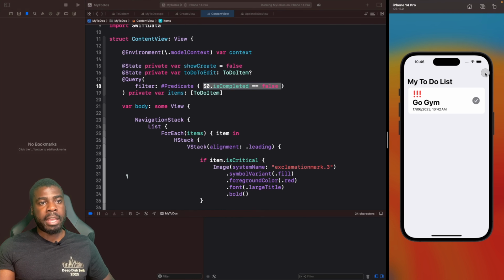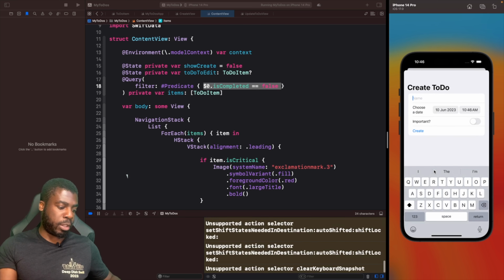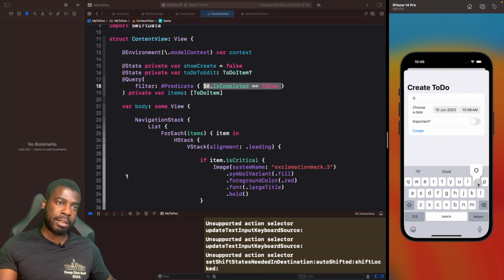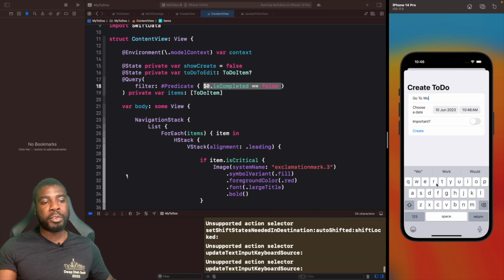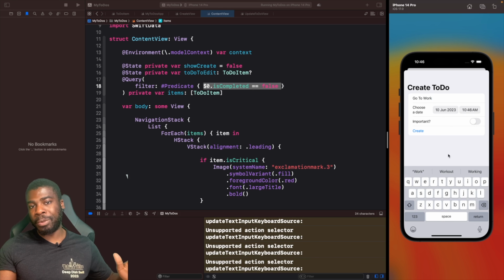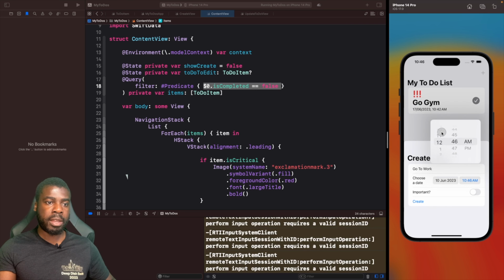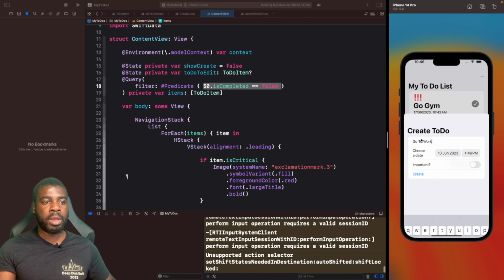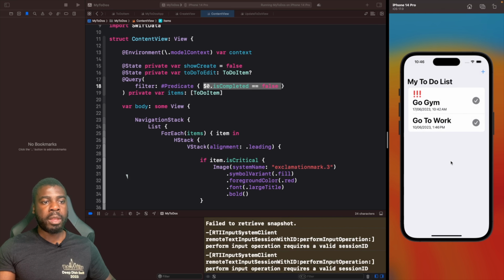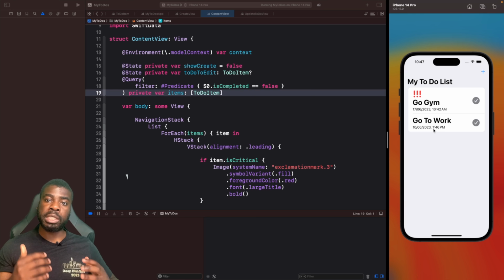Now, what about if I want to add a new item? So let's say here, we're going to go to the cinema. Well, actually, you know what? I need to go to work. So we're going to say go to work. Now you might be wondering, why am I not using the keyboard on my Mac? I don't know what's going on with this beta, but it's a bit buggy. So we're going to say this is to go to work in an hour's time, like 1:46 p.m. Cool. So let's create this. Right now, go to work is actually the most recent thing that I inputted, because it's actually today,